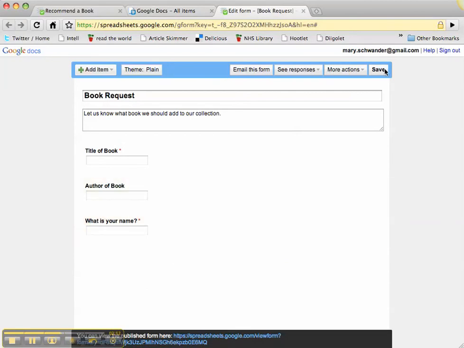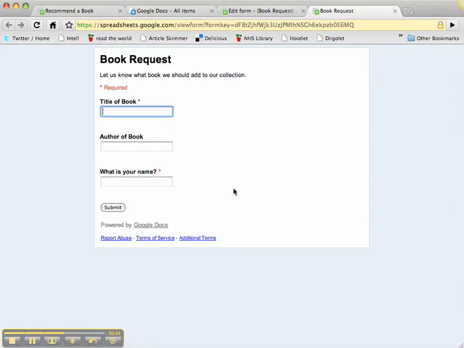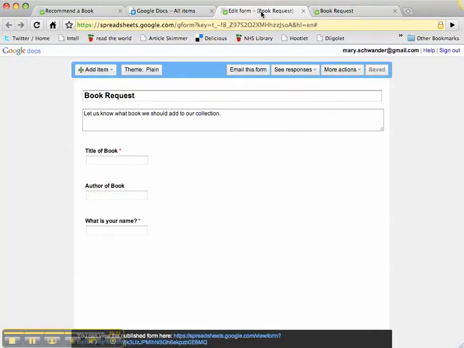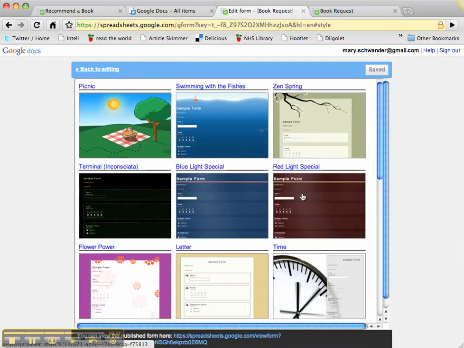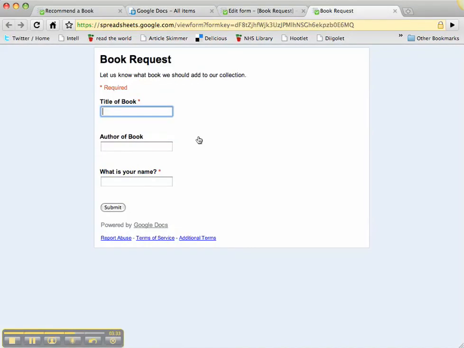So now I'll hit save, and you'll see at the bottom here, there's a link. If I click on that link, it takes me to my book request, where I could link to it right on my website. The other thing you can do, I've just created a nice clean, pretty much blank template for my book request, but if you go back you'll see that you could add more themes if you want to get fancy with what kind of form you want. There's all kinds of themes available. But I'm just going to keep mine with the nice clean